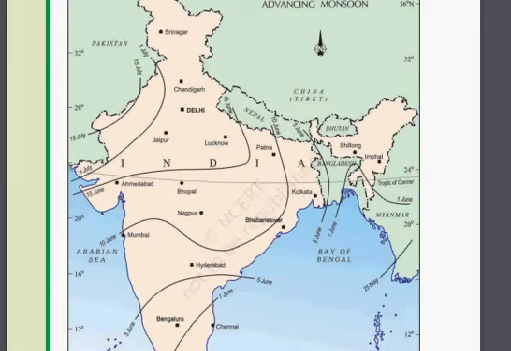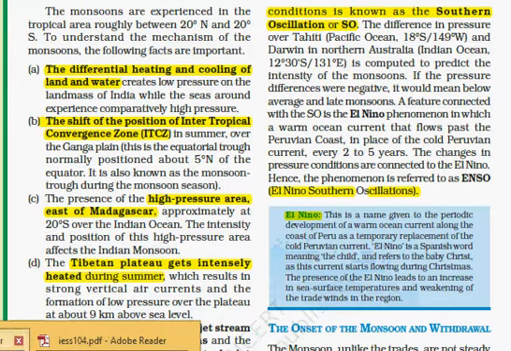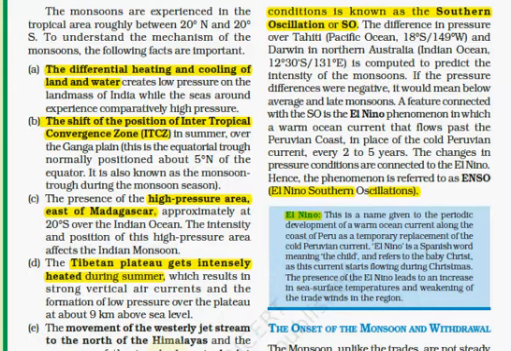I am not able to show you the exact location, but Peru is a country in South America, and along its coast there is the cold Peruvian current. But during El Nino, the current is replaced by a warm current, which causes the El Nino southern oscillation, and this causes weakening of trade winds in this region, and it results in a late or very poor monsoon.